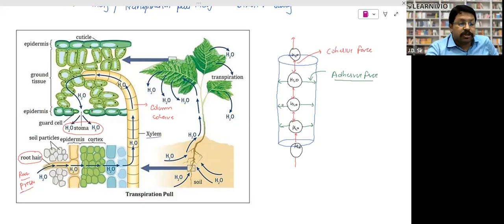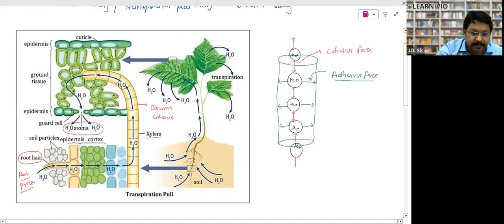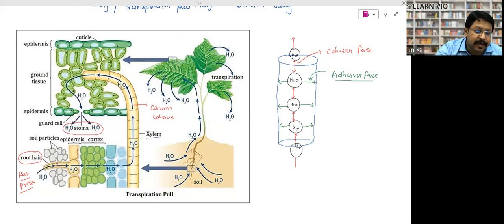So what is the first concept? Transpirational pull, right? Transpiration pull is created by the transpiration. Then water is pulled by the transpiration pull, and the root absorbs the water and creates a pressure that is called root pressure. So first, transpirational pull, then second, root pressure, right? Root pressure is created by the root. That's how the water reaches the top of the plant because of two forces: transpiration pull and root pressure. Now here I have tried to explain